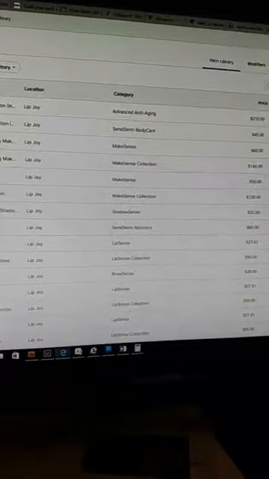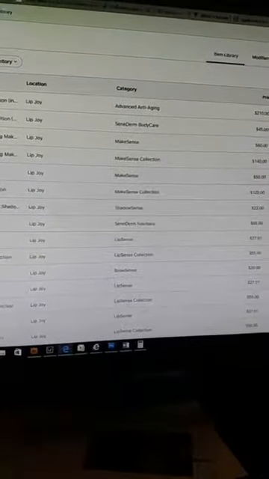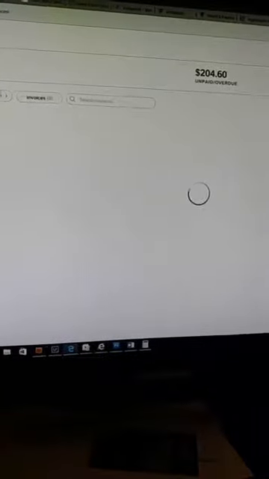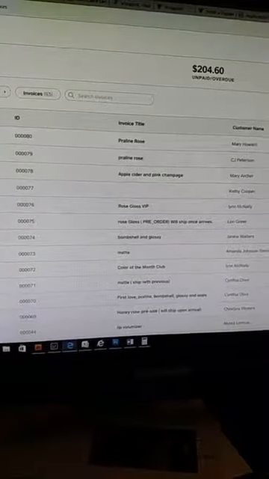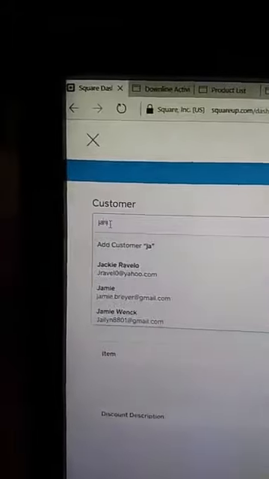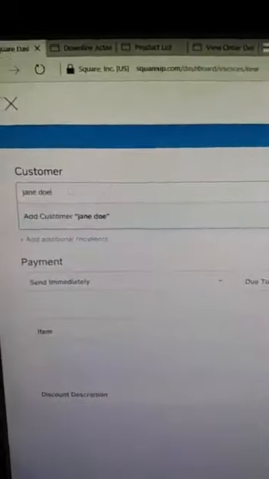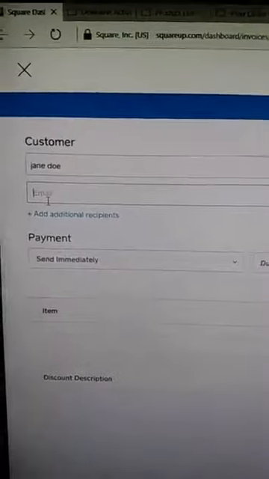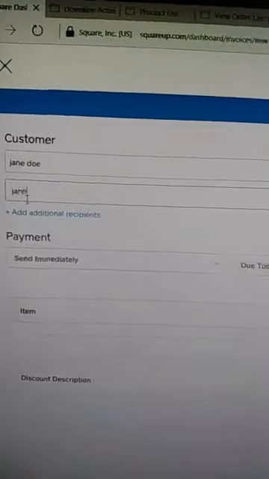So now you get an order, and you want to send them an invoice. Somebody sends you a Google form. You get your Google form. So you're going to come over here, and you're going to click on invoices. And then you're going to create an invoice. Now this is only if they did not provide you the credit card information yet. Okay? So we're going to create Jane Doe. I'm going to erase her. So we're going to create Jane Doe. We're going to put in her email address as janedoe